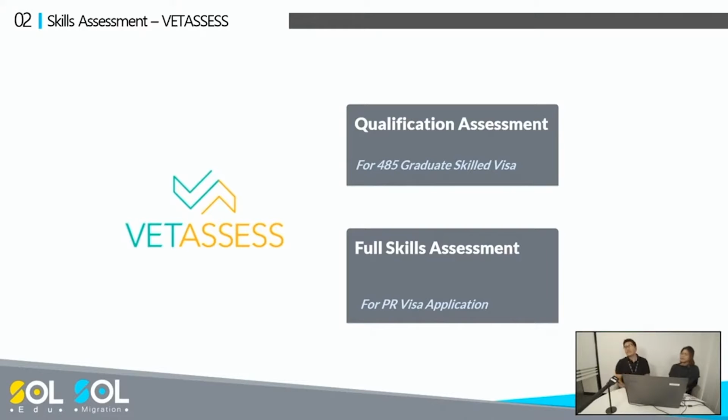Let me talk about the qualification assessment first. Let's say you complete 2 years of study at the SITE institution and cannot pass the skill assessment from the EA. I already mentioned you still have a chance to be assessed through VETASSESS. VETASSESS has two different types of skill assessment, but to apply for the graduation visa, you can use the qualification only assessment. This is for the 485 graduation visa. So if you provide the course qualification and academic transcript, and VETASSESS sees the transcript and believes you have learned relevant courses, subjects and units as a draftsperson,